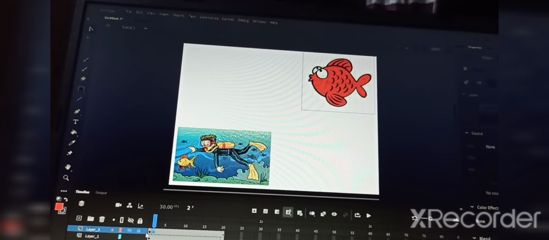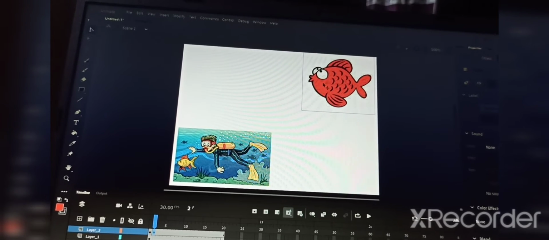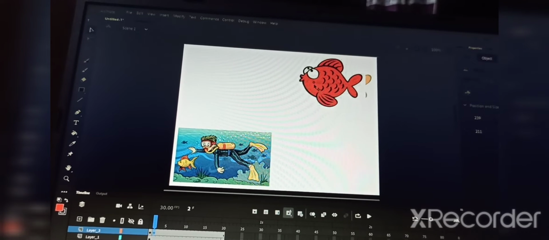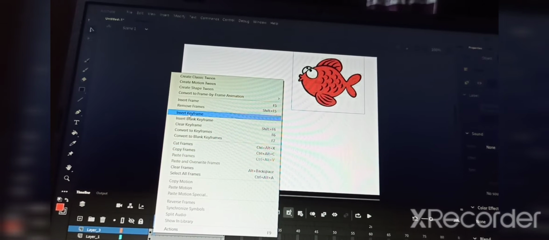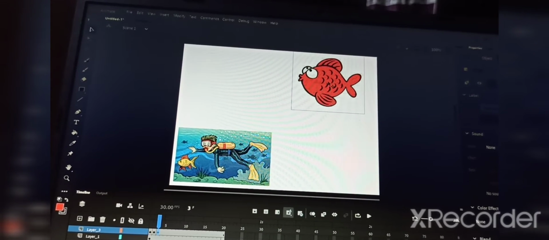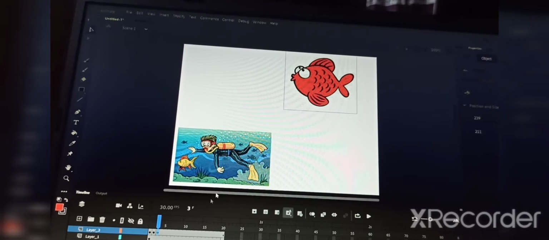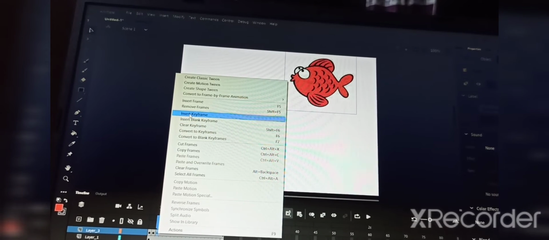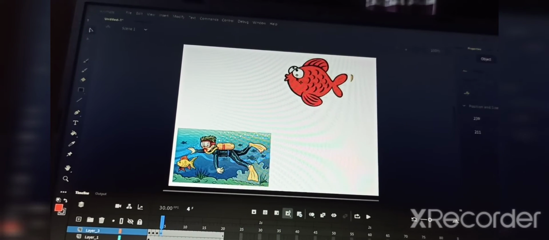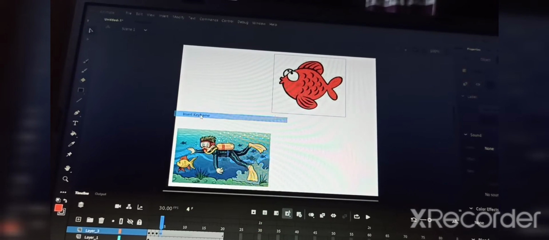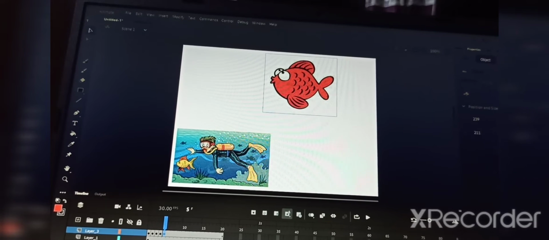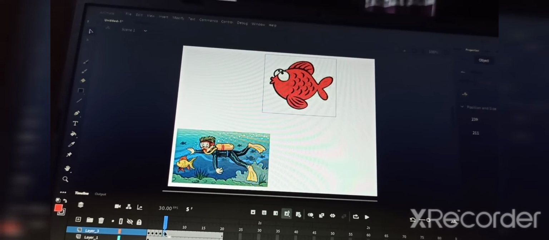While you click insert keyframe, you can see our keyframe will move. At the same time, you have to move your fish a little bit. Then like this you have to insert the keyframe, and whenever you are inserting the keyframe, you have to move your fish image also. Every time, you have to move it randomly like this, as you are inserting the keyframe. Okay, getting?